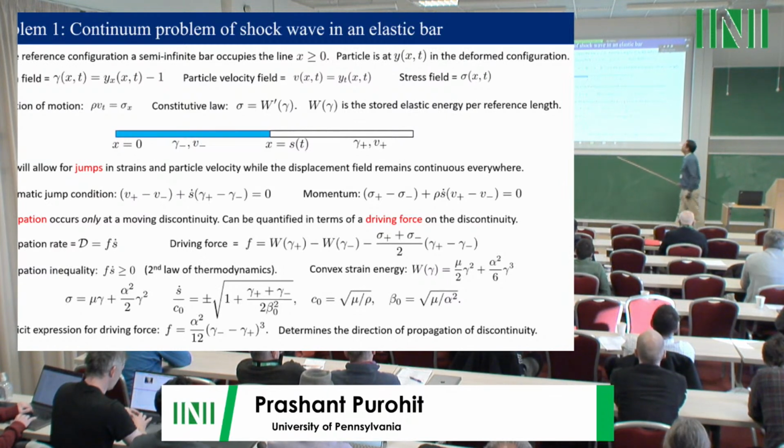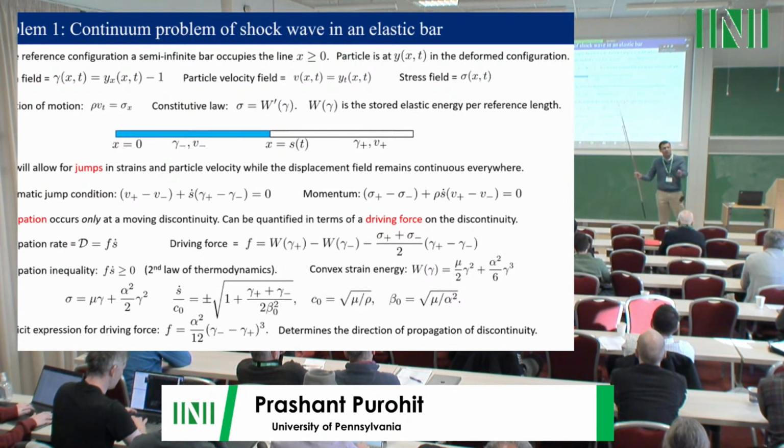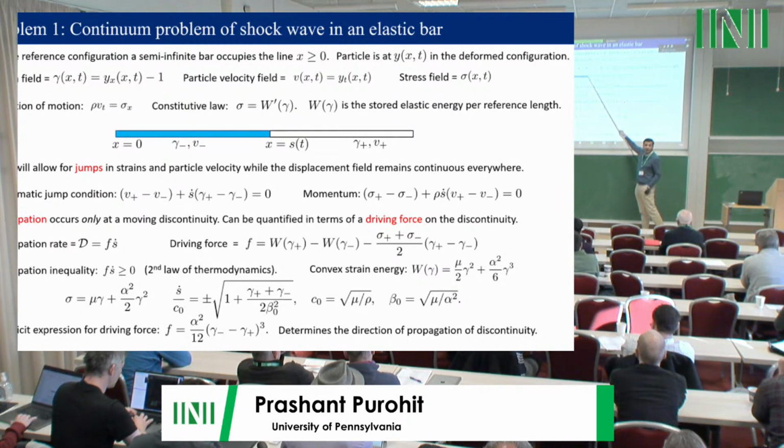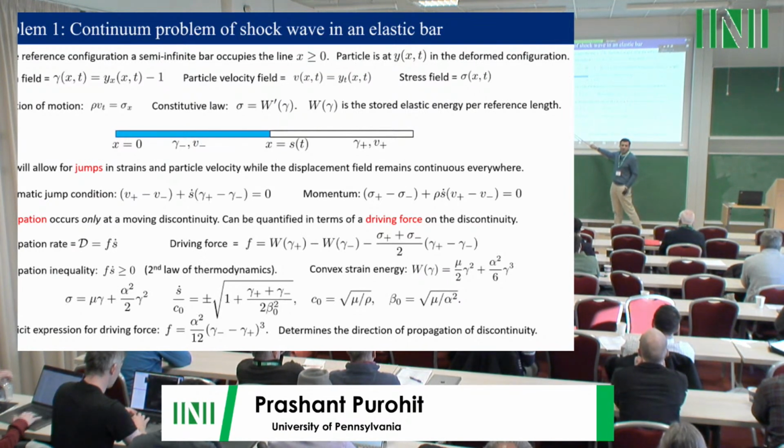Dissipation in an elastic material only occurs at such a moving interface. One can derive, like I told you before, by doing an energy balance on the problem. You know what work is being done on the boundaries. You know what is the kinetic energy and potential energy stored in various parts of the bar with a single discontinuity. Once you carry out the analysis of the energy, you can derive what is called a driving force across such a discontinuity, which is given by that expression. W is an expression for the stored energy in terms of the gamma, and these are again quantities all local to the discontinuity. And then the dissipation rate at the discontinuity can be written in terms of the driving force times the speed of the discontinuity.